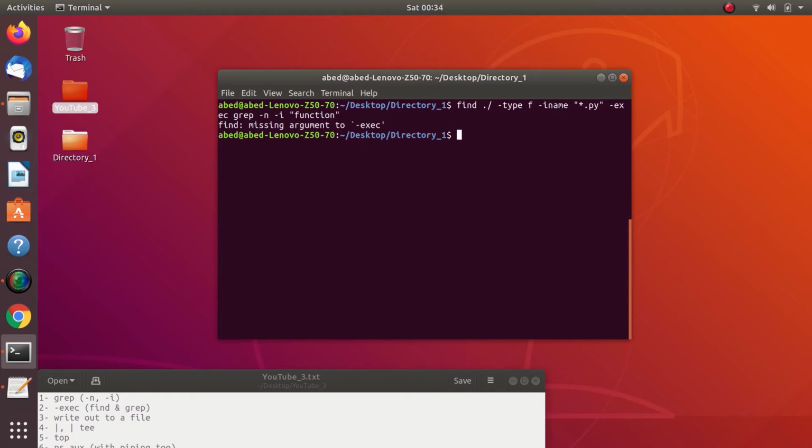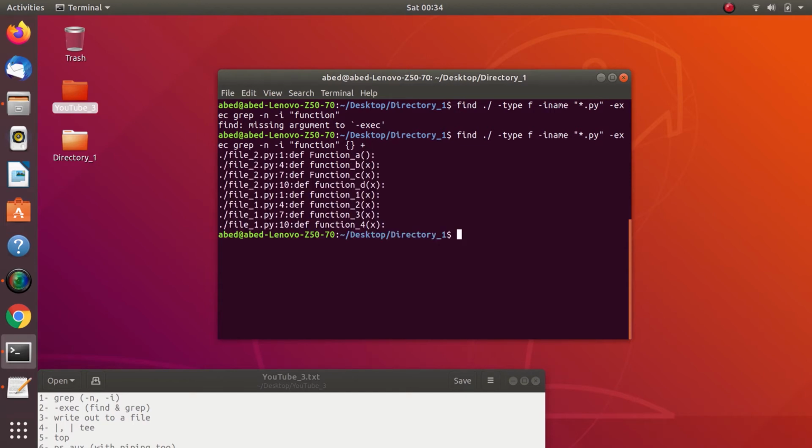Okay, what went wrong? Yeah, I forgot about one thing. After the exec command, you need to write a couple of curly braces and the plus sign. Okay, never forget about these. Now, as you can see, it returned all the